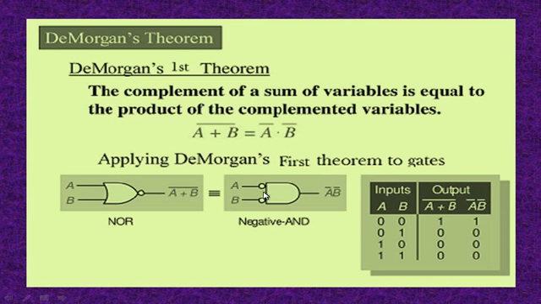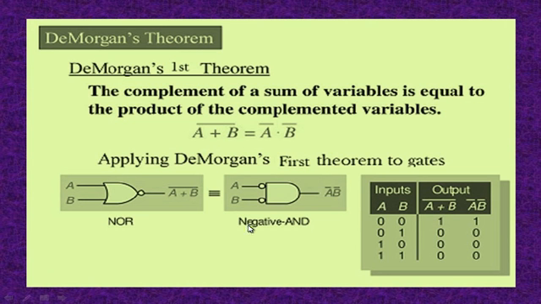Here is the symbol of the AND gate. It contains two bubbles. Each bubble represents an inverter, meaning NOT gates are there. Those NOT gates give the complemented inputs to this AND gate. As A is given to this bubble, it will use A complement. Similarly, B also gives B complement. And we'll get the output as the product of these complemented variables, that is A complement dot B complement.